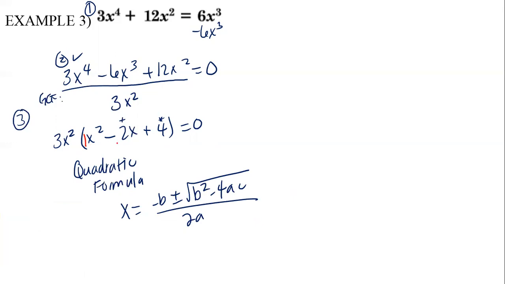Okay, so for this problem, here's our a, our b, and our c. So we're going to plug them in. So we have x equals, because we're essentially solving at this point. We're no longer just factoring, we're solving. So part 4, we have x equals negative b plus or minus the square root of b squared minus 4ac